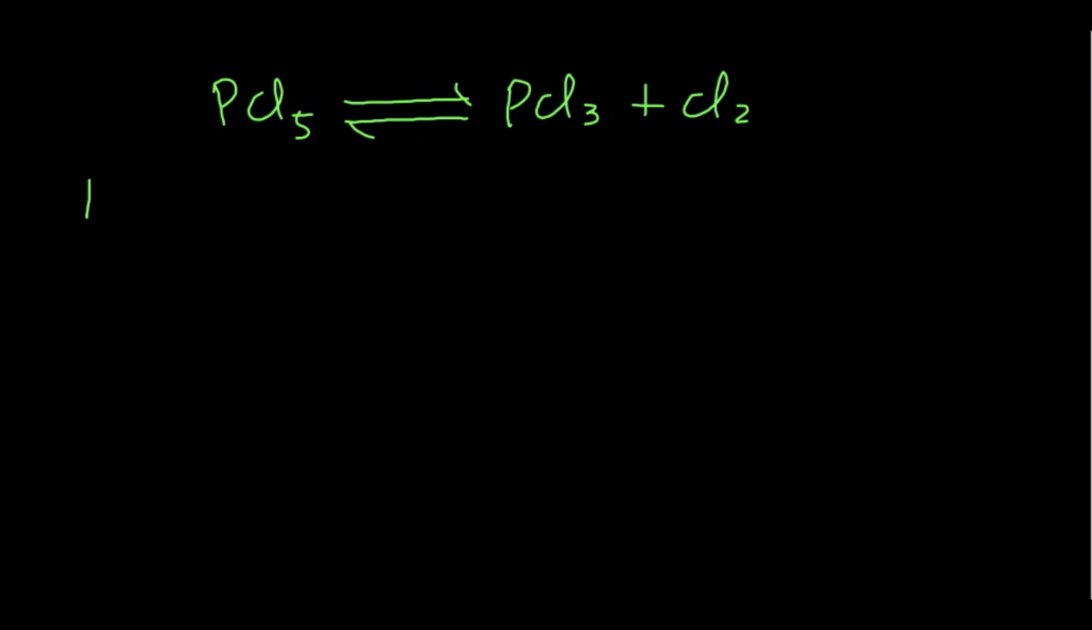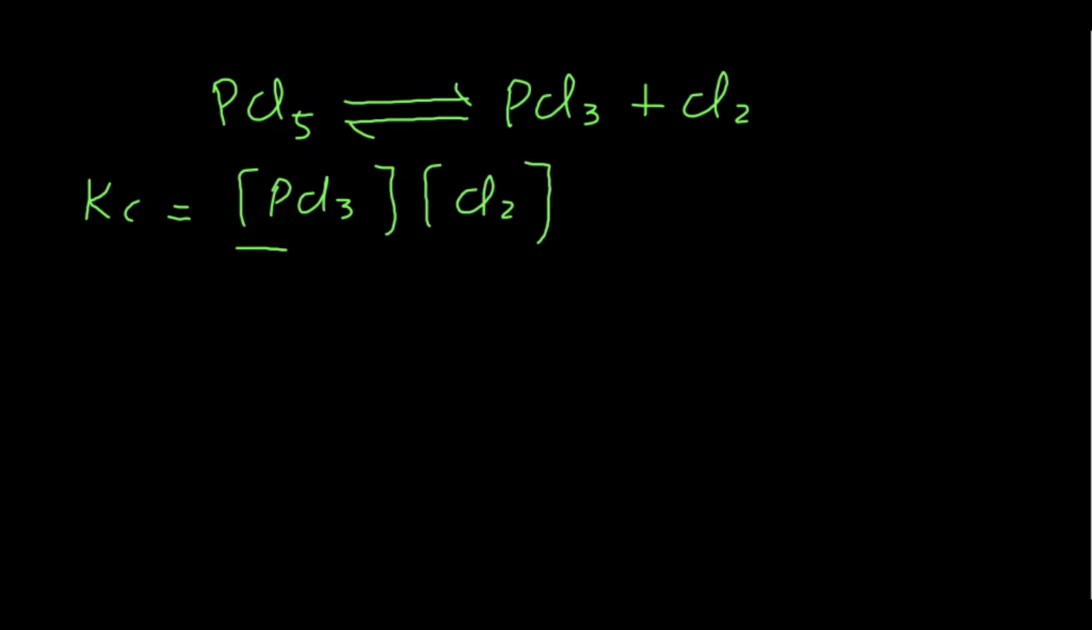Right students, in the next example, the reaction given is the decomposition of phosphorus pentachloride, PCl5, which decomposes in a reversible reaction to give phosphorus trichloride as well as chlorine. So first of all we will write the value of Kc for this reaction. Kc is equal to PCl3, that is phosphorus trichloride, and chlorine,